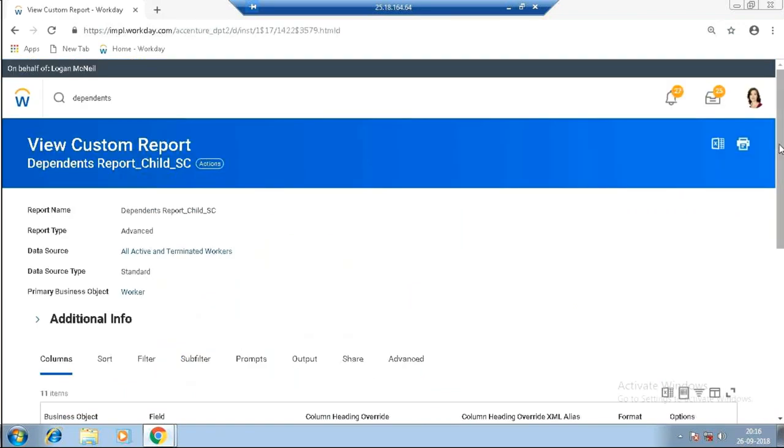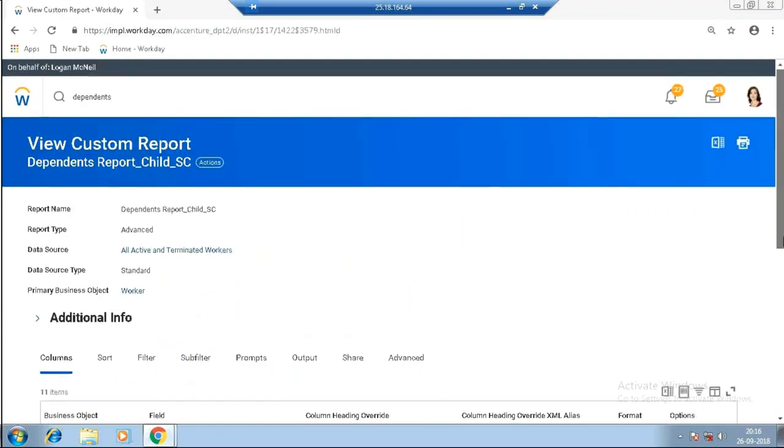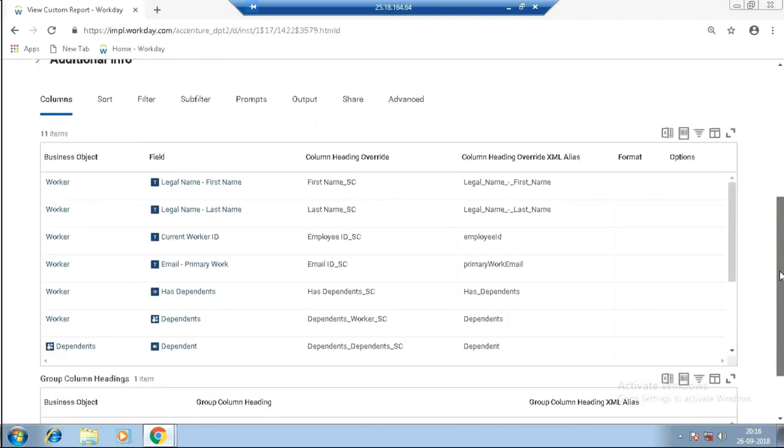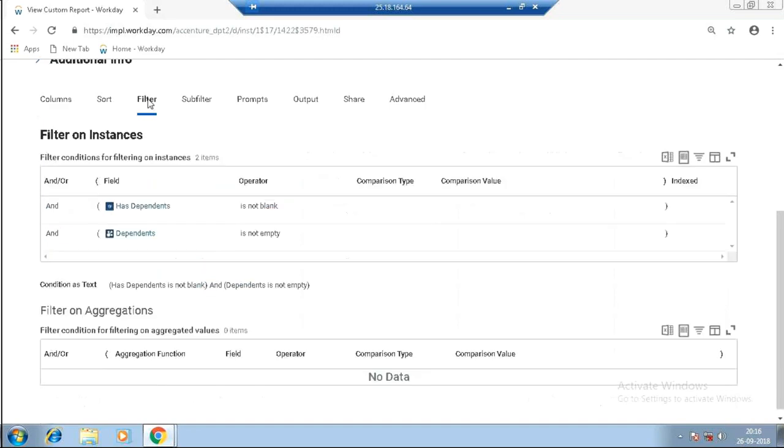So these are all the fields. Now I didn't take a whole lot of fields because I wanted to work on that filter and sub filter. So first thing is,